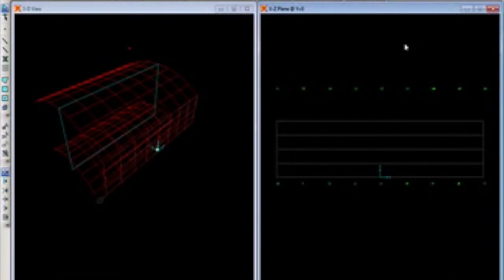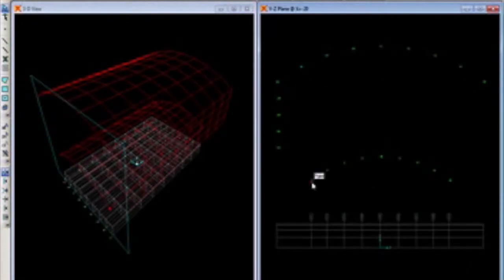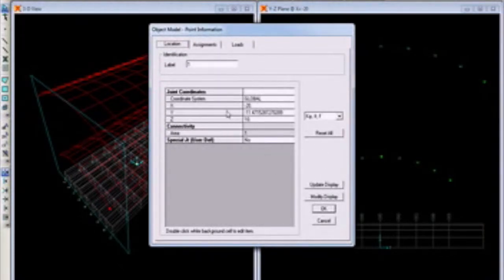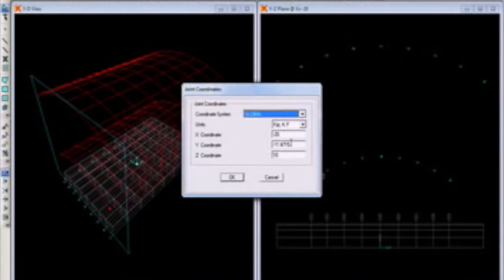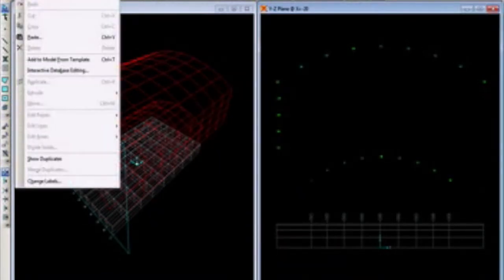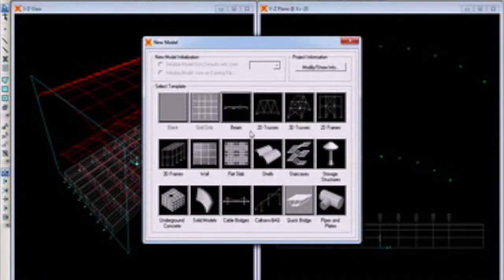Now we want to create one more wall. So again come to the XZ plane with Y equal to 0, and again go to global coordinates, just say global. Now we go to this point, right click over here and go to Locations, again double click on the Y member, and now you can copy the Y coordinate, Control C, and say cancel and cancel. Again you can go to Edit, Add to Model from Template, and go for the wall command over here.